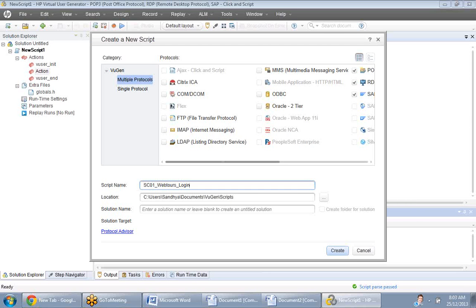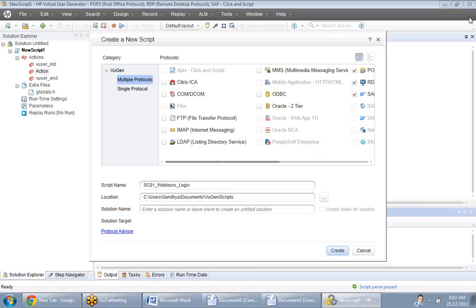Second time when you use it, it is sc02 underscore WebTours underscore other application. So all these are the naming standards you have to use while preparing a script. Because if 5, 6, or 7 people are working on an application, and you give some standards and other people give some other standards, these standards will show up at the time of analysis. When you present the analysis to the client, they will see the different naming conventions and ask whether you have not followed any approach. They will ask you all this information, so you have to be careful while following the naming standards.